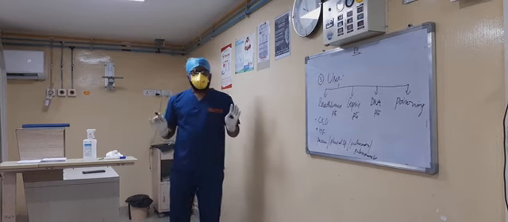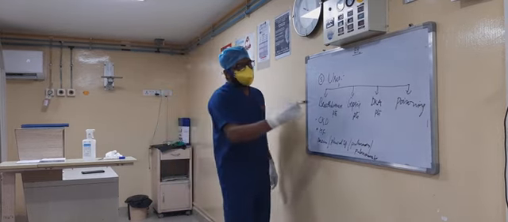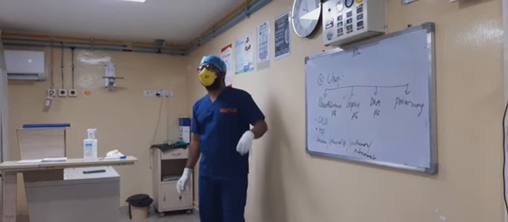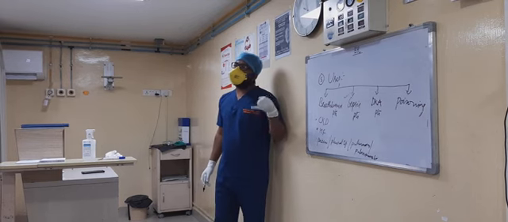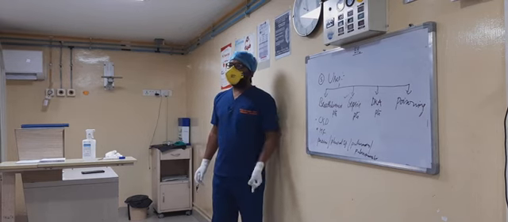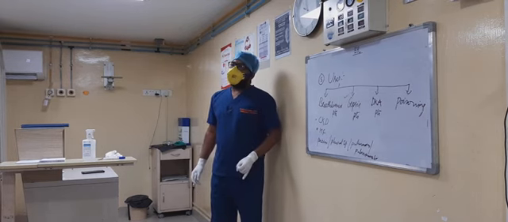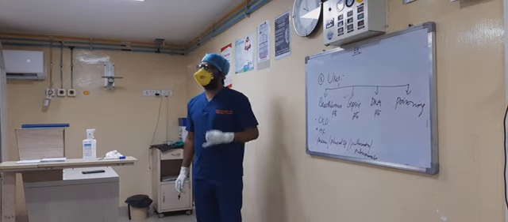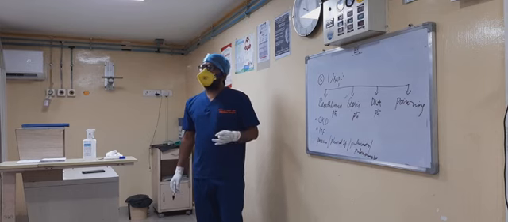Okay? Understood, no? So sepsis patients, any sepsis patients, it can be because of urosepsis, it can be because of pneumonia sepsis, it can be because of any sepsis, we can do the ABG. Why? To know about lactate, to know about the severity. Is it sepsis, severe sepsis or septic shock, and to know about the oxygen.